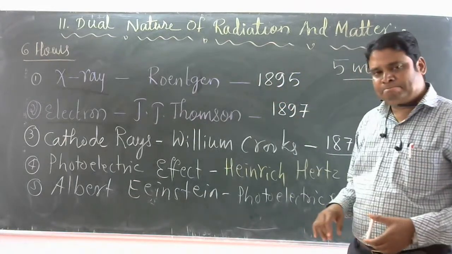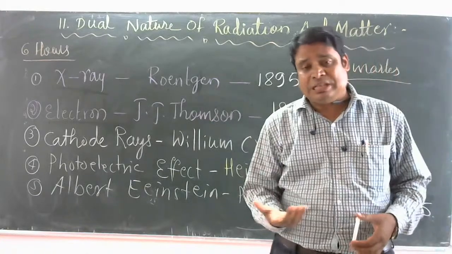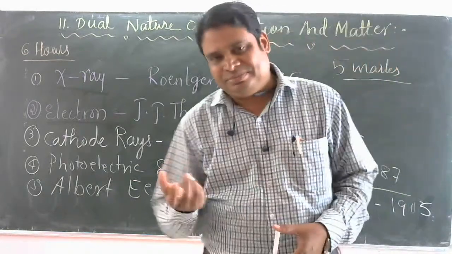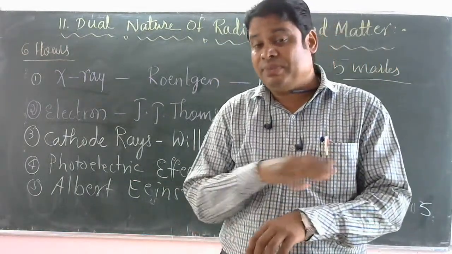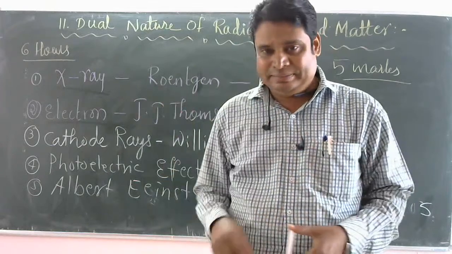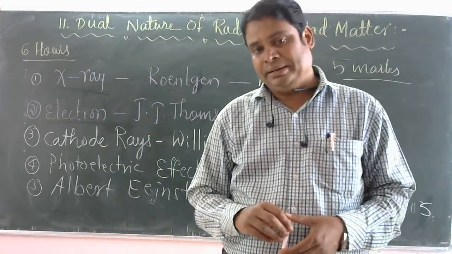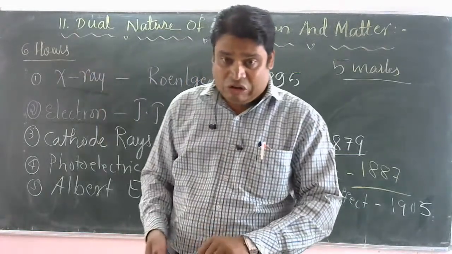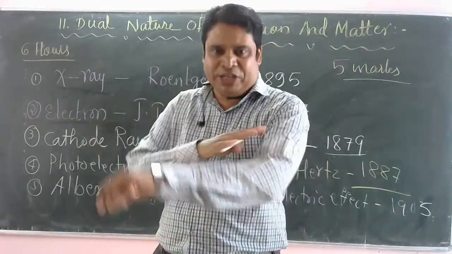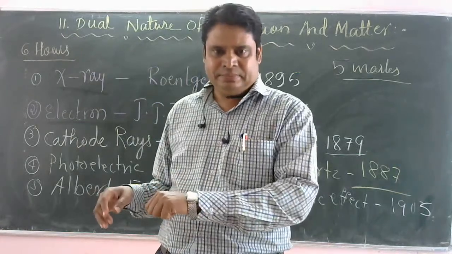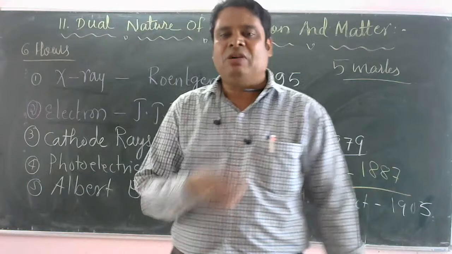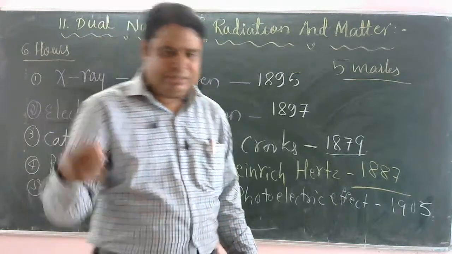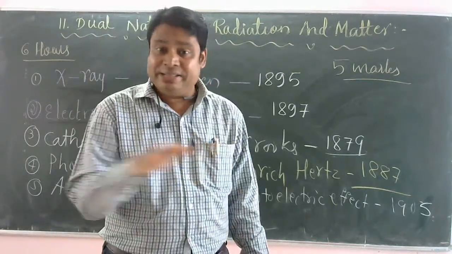All this led to one more new concept, a phenomenon called electron emission. Electron emission from some surface, usually the surface of a metal. Emission or liberation of electrons from some special materials, say metals, by applying some kind of energy is called electron emission. What is electron emission? It means taking out electrons from a metal surface.